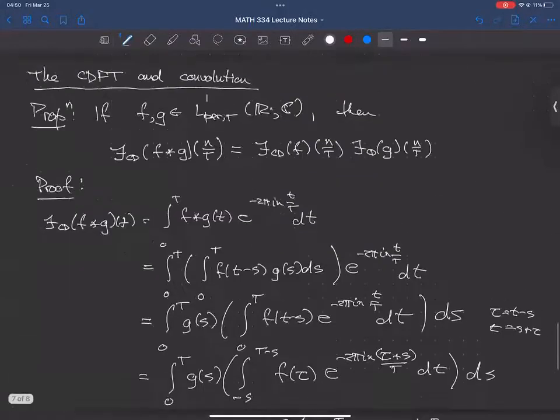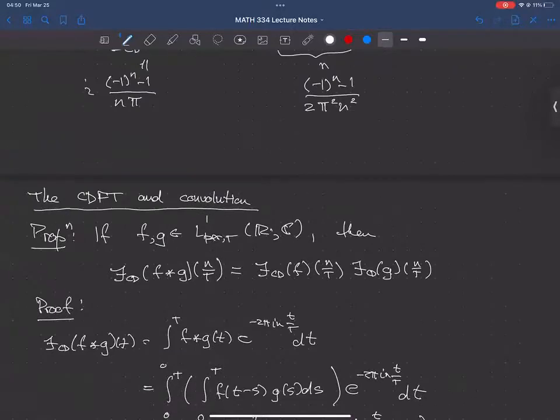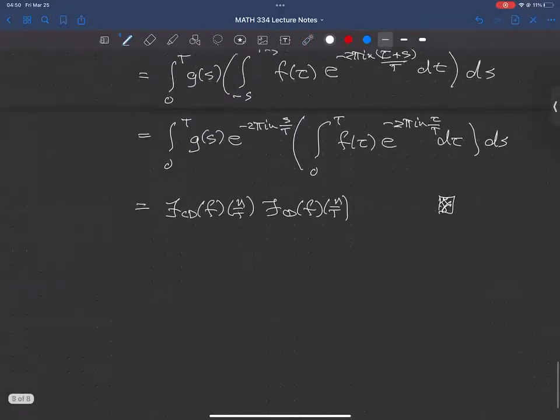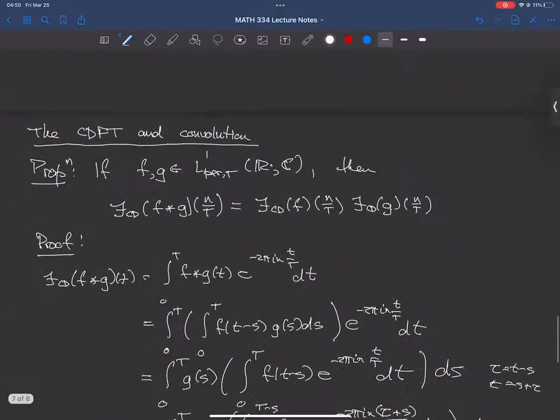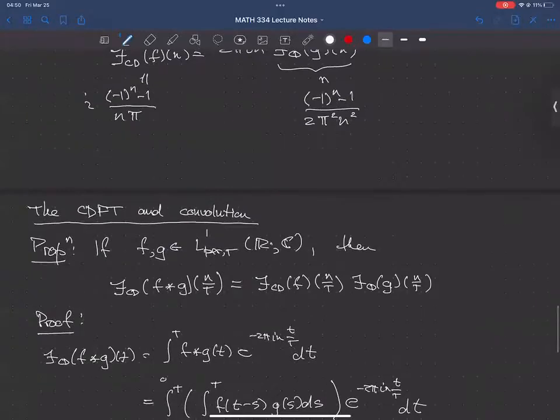Now, okay, so the CDFT of a convolution is the product of the CDFTs. What about the CDFT of a product? Okay. So now we need some hypotheses on F and G, and you can see that